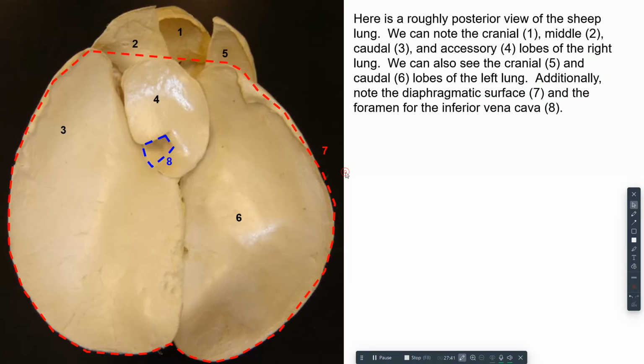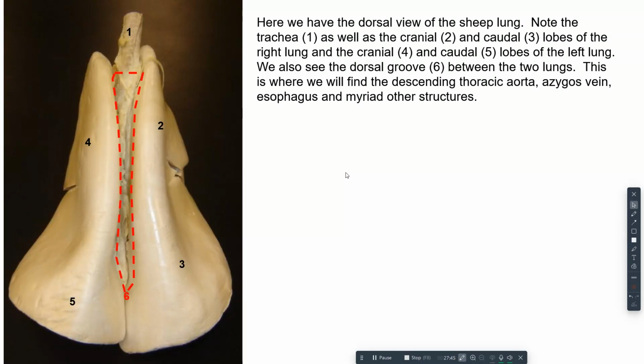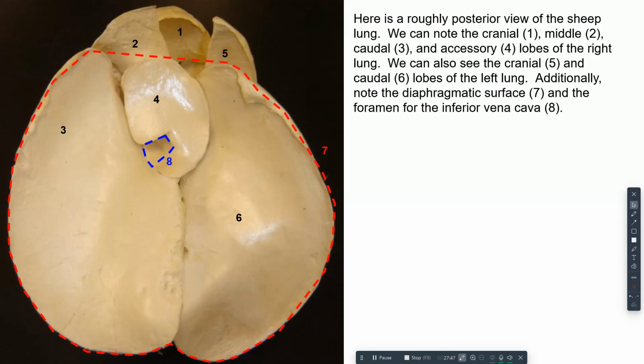Okay, let's take one more view of my sheep lung. Did I mean one? No, I meant two. Two more views. This is that posterior view. The diaphragm would be sitting where this red dashed line is. I still see a lot of my lobes, which I've labeled here for you. Obviously, I'm not just going to show you this picture. I'm going to show you an intact